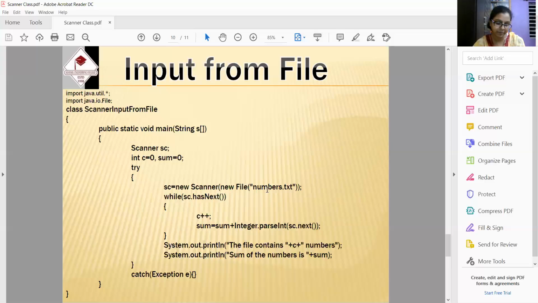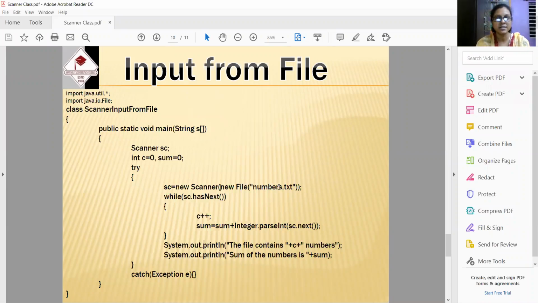Only number.txt within double quotes. But if it is in another drive, then the path is needed. Suppose it is in the D drive, inside the documents folder, then it should be declared with the proper accurate path, d:/documents/number.txt. Okay? But number.txt is in the E drive where Java is already stored, so that's why the path has not been given. Directly it will take it as it is the same drive.